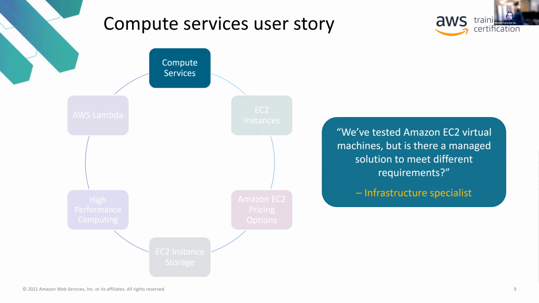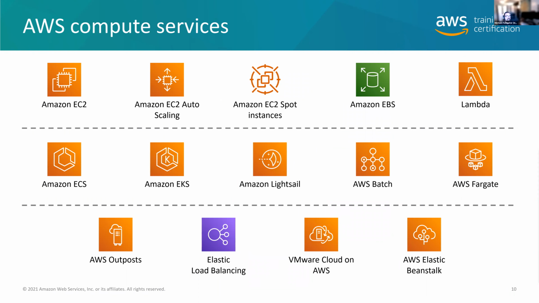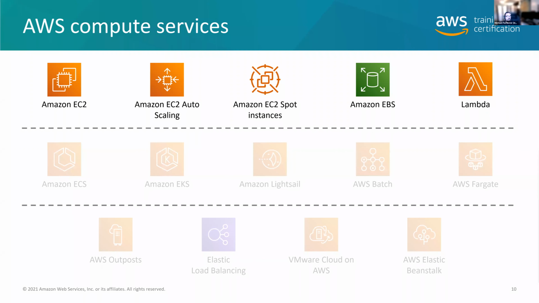All right, so we've tested virtual machines, but is there a managed solution to meet different requirements? Yes, absolutely. Now, first of all, there are a ton of options. Yes, we're going to talk about Fargate. Yes, 100%, Christian. So just know that all we're really going to talk about is EC2, the different license types. I don't know why spot instances are called out separately. And then EBS, which is a conversation we're going to have just a little bit now and a lot later. And then Lambda, which we're going to have a little bit now. We're going to talk about all of Lambda's cousins later, right? But here's the deal.